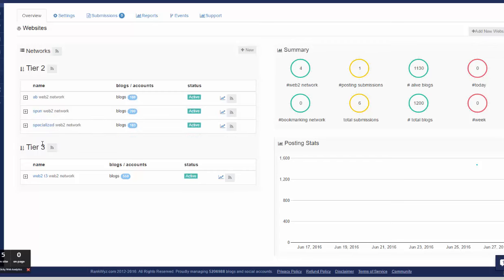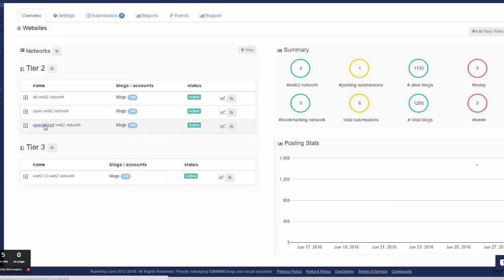And the idea is to see how the indexing rate differs per type of content. As I said, it's only 2 days in, too early to say. Article Builder and Spoon content backlink on the shared networks. Specialized content, which is the diet content I showed, is backlinked on the tier 3 network, basically to create topic relevancy.